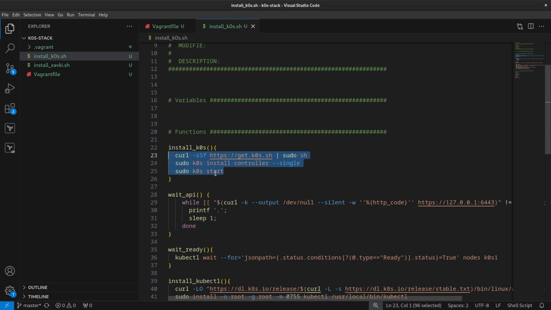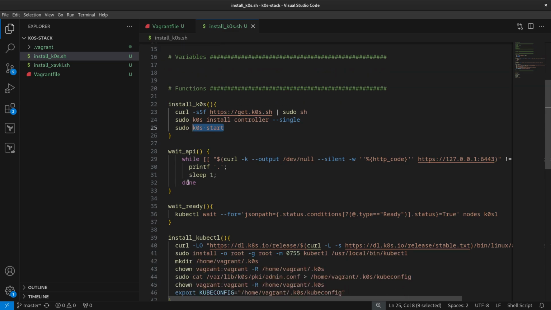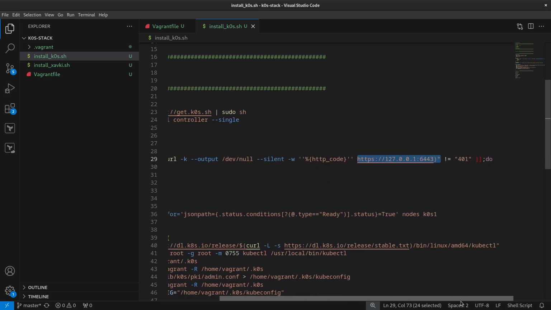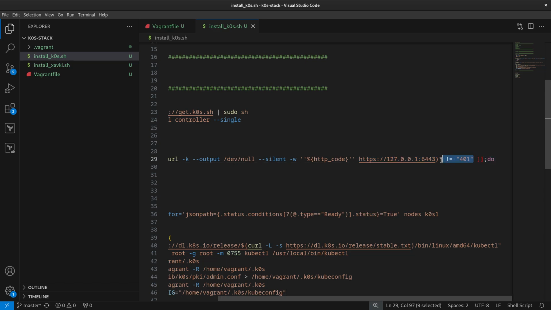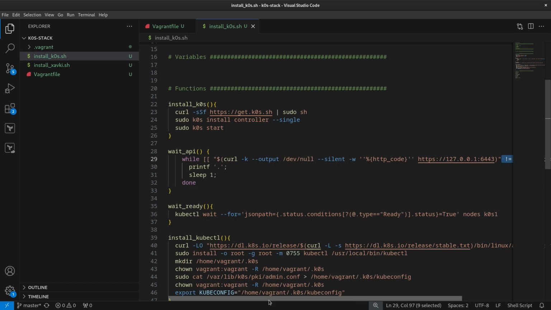The first function, install k0s, is quite simple because it is like we did before. So the curl, the k0s install controller --single, and we start the cluster just after that. After that, we have the function wait API, and we just run a while loop based on a curl on the API server. This is the port of the API server here, 6443, and we retry until we have the 401 return code.